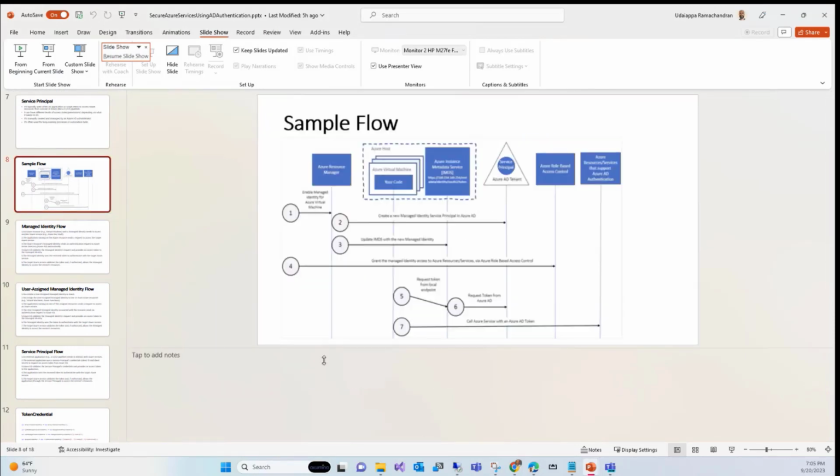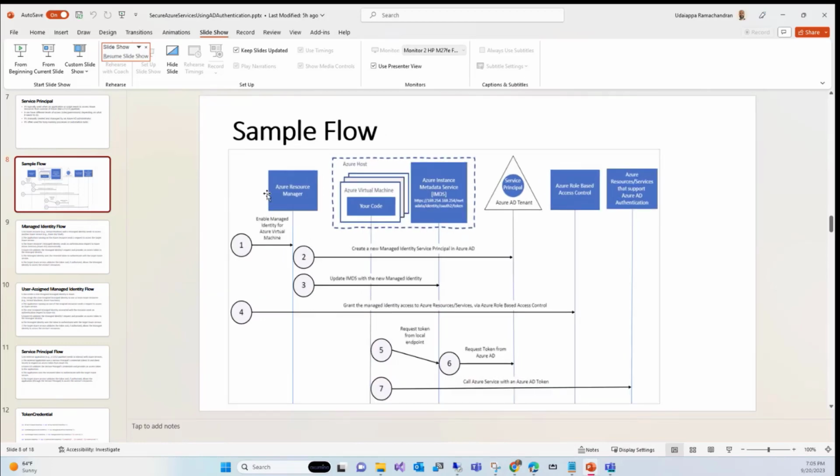So you choose virtual machine, and then there is the IMDS service. As soon as you enable it, this registers to the Active Directory tenant. Then it also indicates the local metadata setup. Then it takes the token, RBAC control. That's the fourth step I was walking through. Just now you enable the access, and then your code will handle everything else, like the IMDS service; your API will handle everything else.